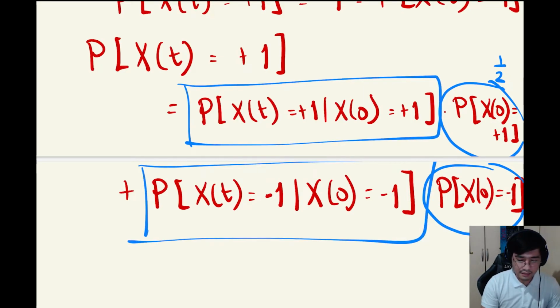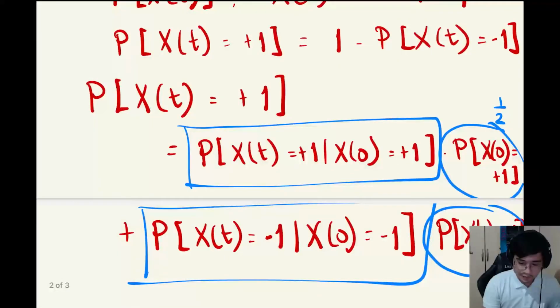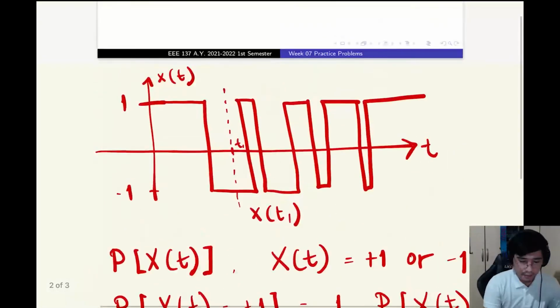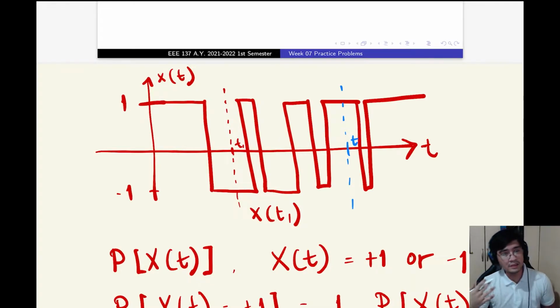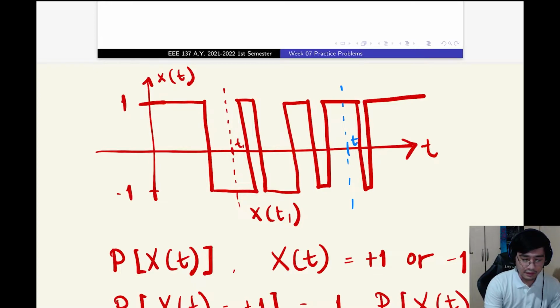So for instance, when we have the probability of x of t plus 1 given x of 0 is equal to plus 1. So for example, this is x of t. Okay? For example, this is time t. What is the probability that when we start at positive 1, we would end at positive 1 also at time t? Okay? So take note that we have a certain number of transitions. For example, this is the first transition, this is the second transition, this is the third transition,